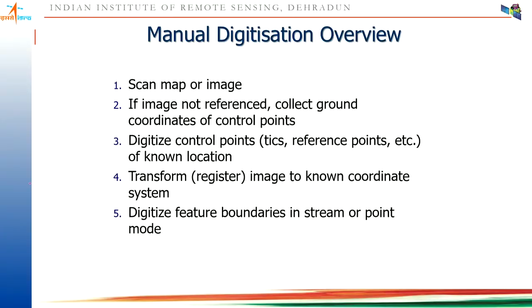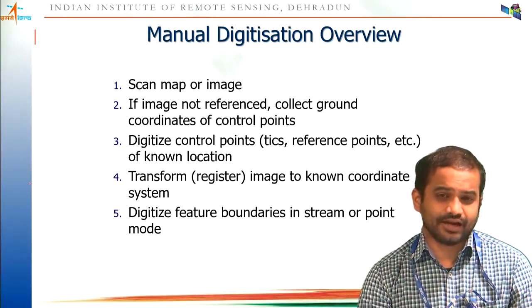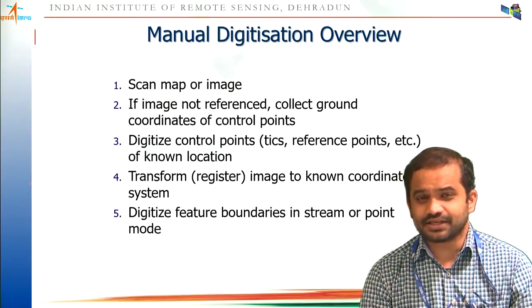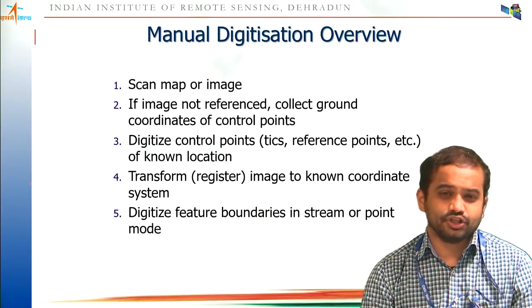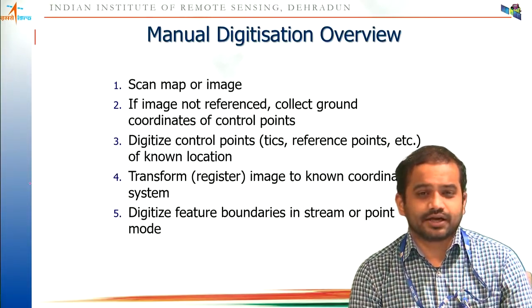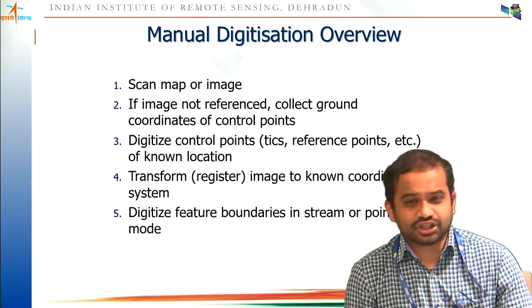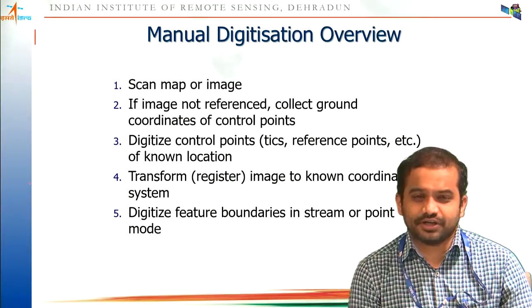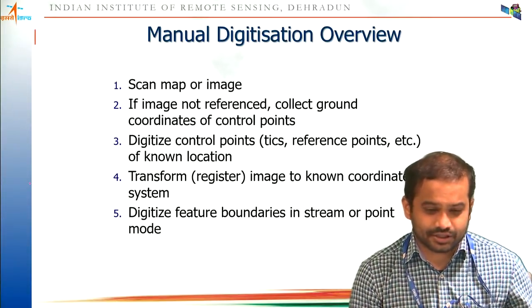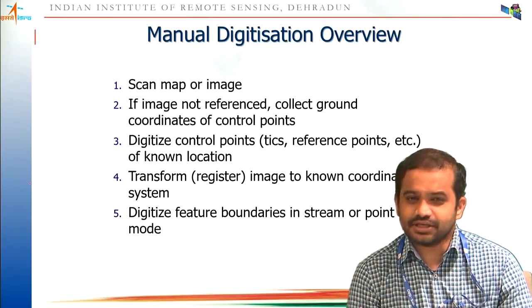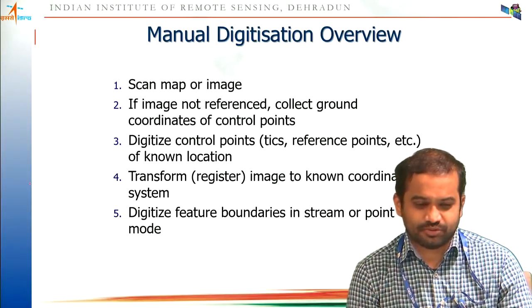Suppose I have a map, as we discussed, you use a scanner and then digitize it. For scanning you set a DPI, and as we discussed, this DPI setting can be guided by the minimum mapping unit used while creating that map. Then you scan the map, right? Scanning is done as per our DPI setting, and then you get an image. Or sometimes you are directly getting an image. In that way, the first job is done.